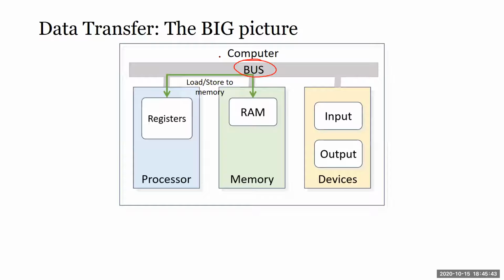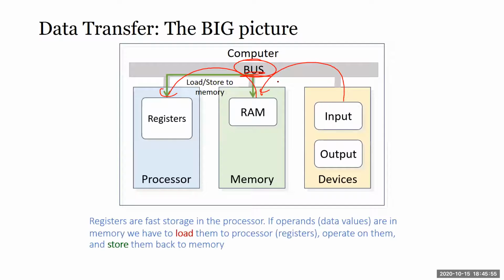But people took the architecture and built it this way, where usually we have what you call a bus to move data from your RAM to registers, and a bus to move from input device to RAM. So just to recap the execution cycle, if you are using a load store architecture, or even if you're not, you always need to touch RAM.